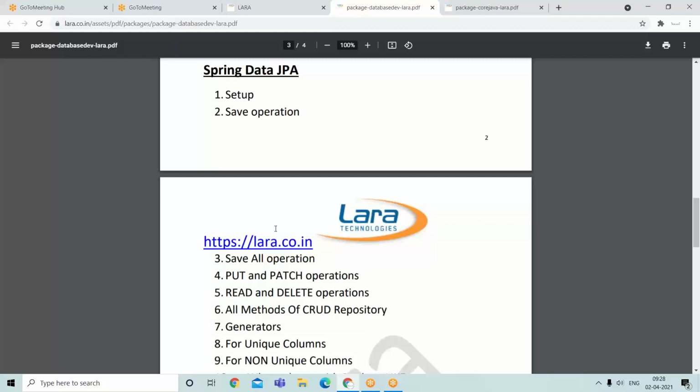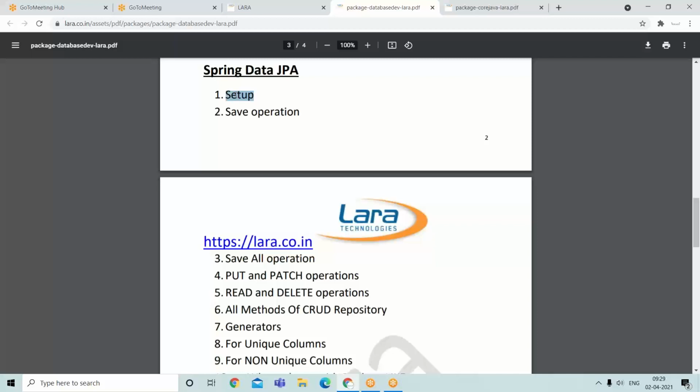Without Hibernate also, you can learn Data JPA. I have covered each and every topic very slowly with a number of examples. Even though you don't know anything about Hibernate, still you can understand all the concepts. I made it like that.